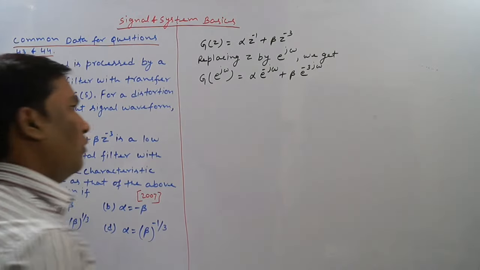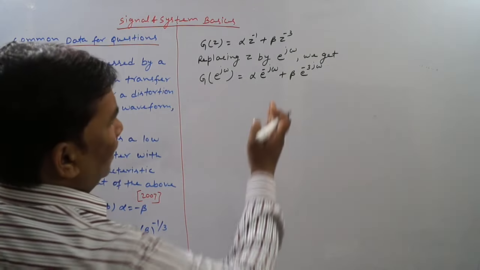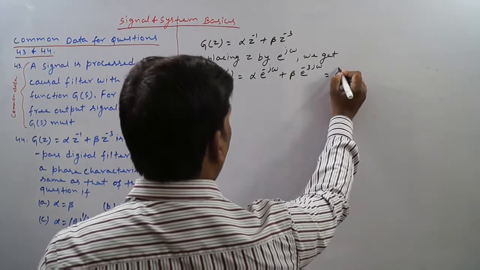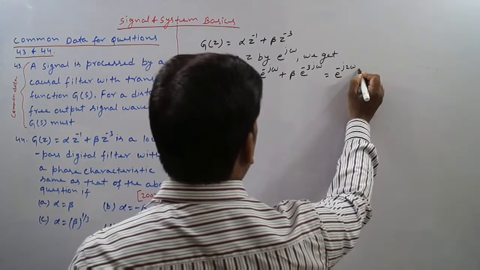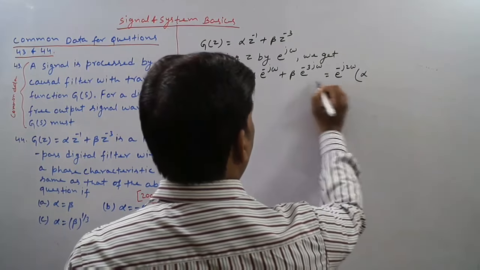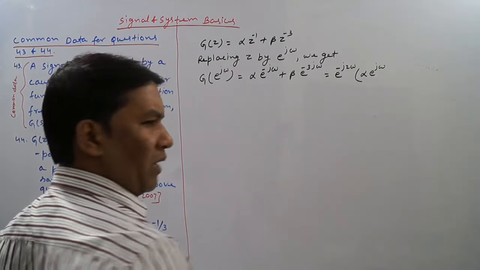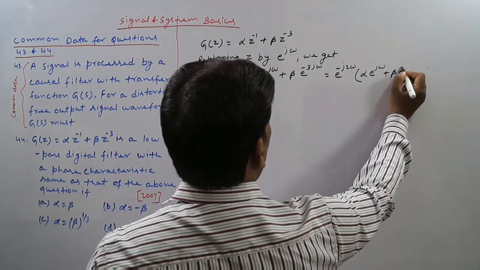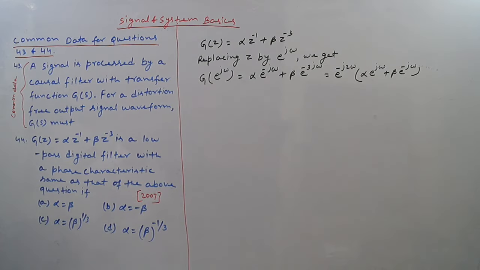Okay, so now if we take e to the power minus j2 omega as common, then it will be e to the power minus j2 omega times alpha e to the power j omega plus beta e to the power minus j omega. Okay, so now